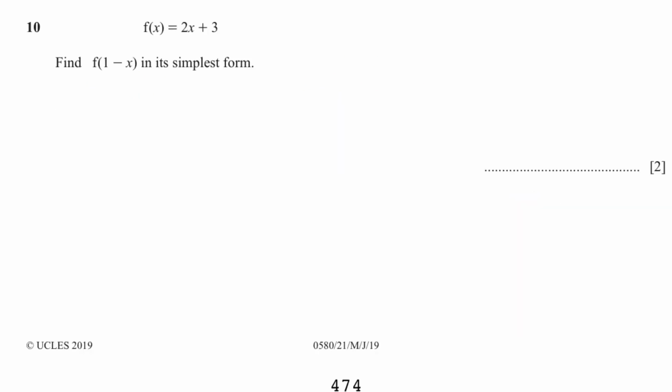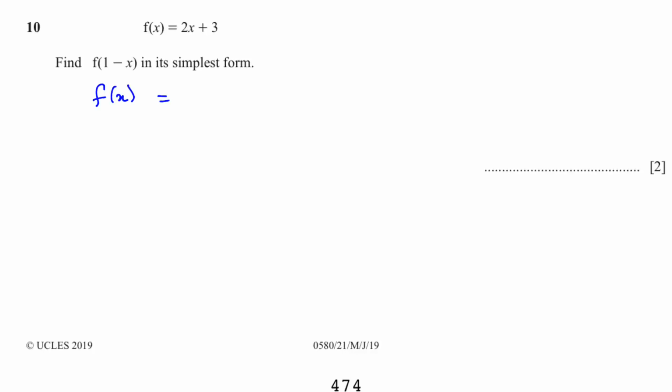Question number 10. F of x is equal to 2x plus 3. Find f of 1 minus x in its simplest form. Whenever you are doing function and if they give you f of something, you have to replace it in place of x in the equation. So it will be,